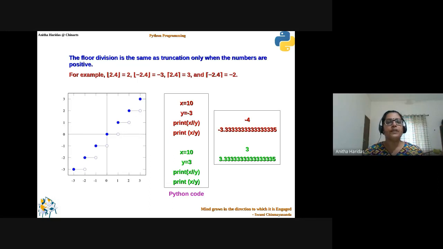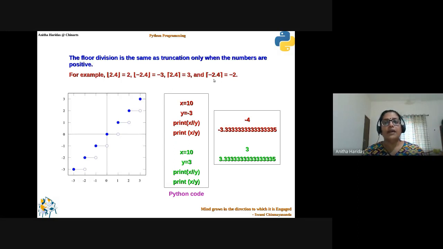Okay. So if it is going to be floor, it goes down in the number line and it takes the integer. Whereas ceiling means it goes up, right? So if it is 2.4, again 2.4 comes somewhere here. And since it is ceiling, it goes up and it gives the value 3, right? So 2.4 ceiling value is going to be 3.